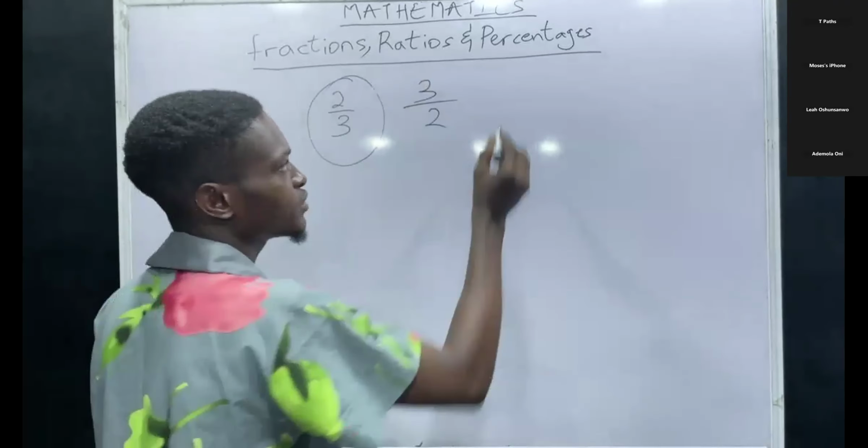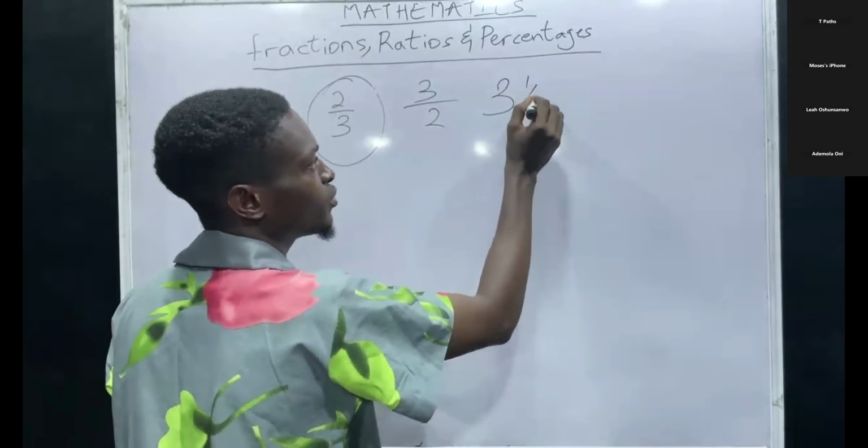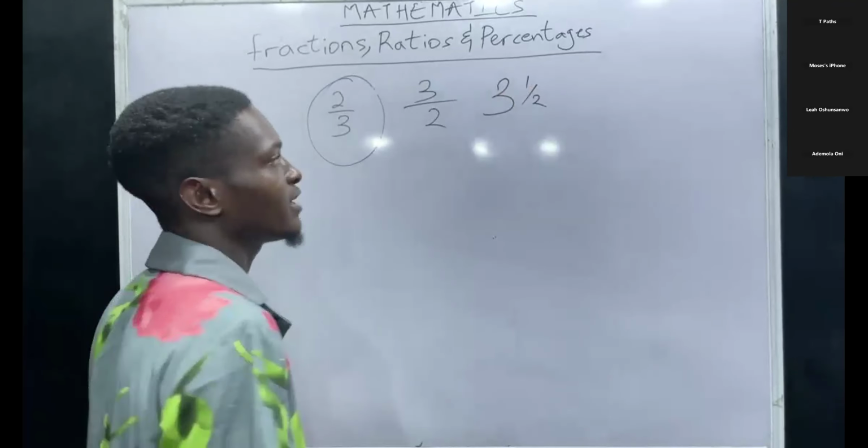The mixed fractions form in ways like this, 3 over number 1 over 2. Now, whenever we are converting mixed fractions to